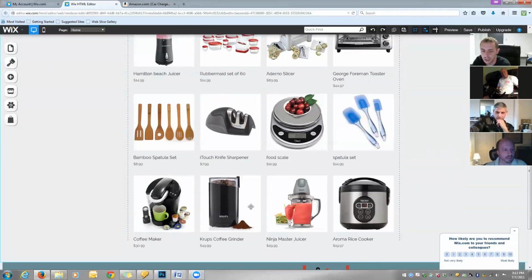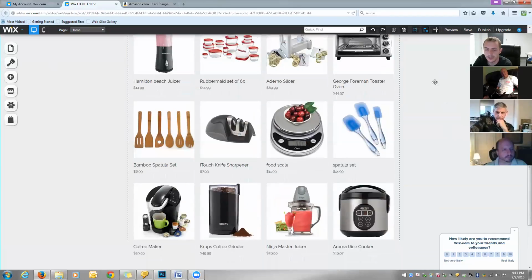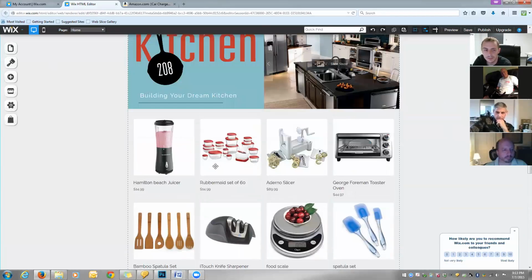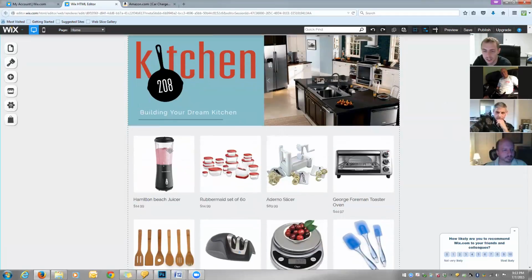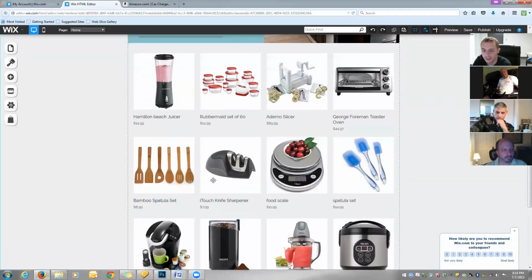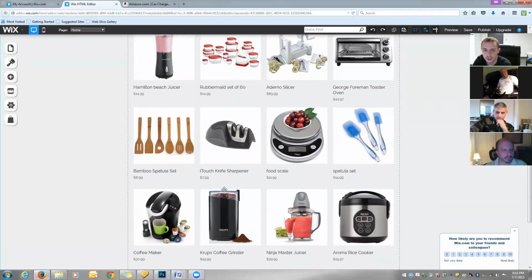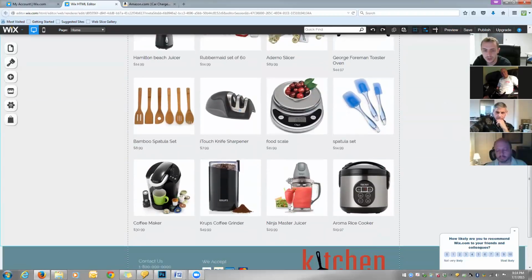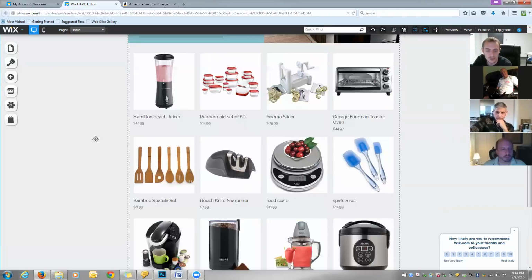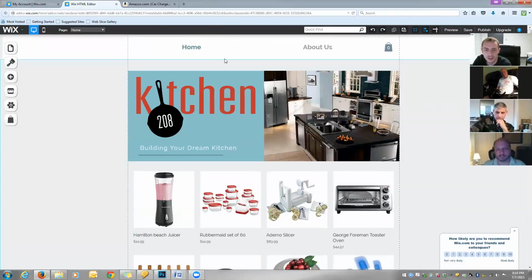This is just all of the inventory that I created for this site. But let's say we wanted to create a category that was just juicers, right? Because we have two juicers, and for the sake of argument, we're going to call this coffee grinder a juicer. So if we wanted to make a separate category and have a different page that it was listed on,